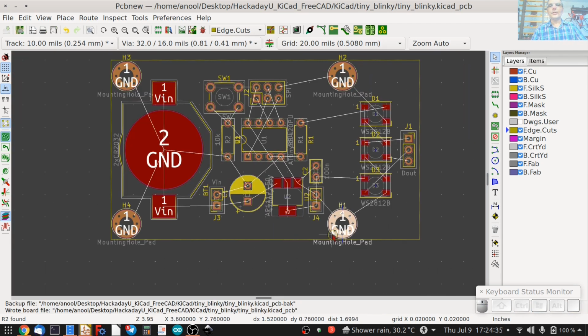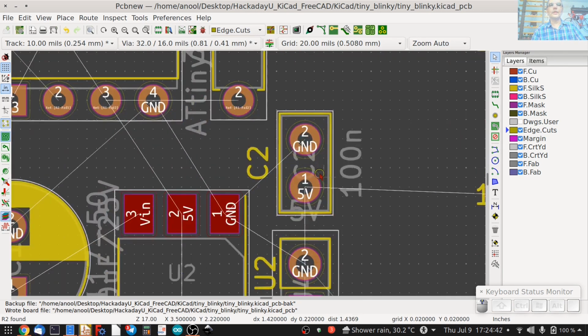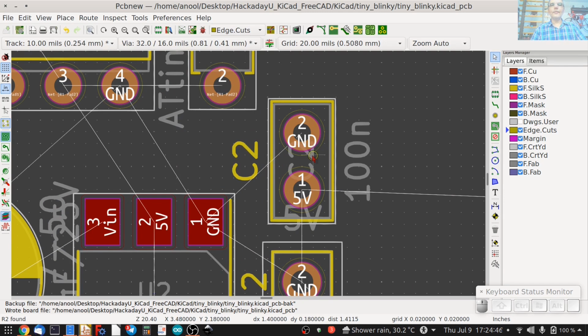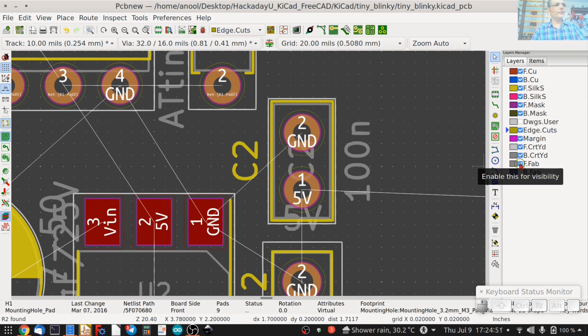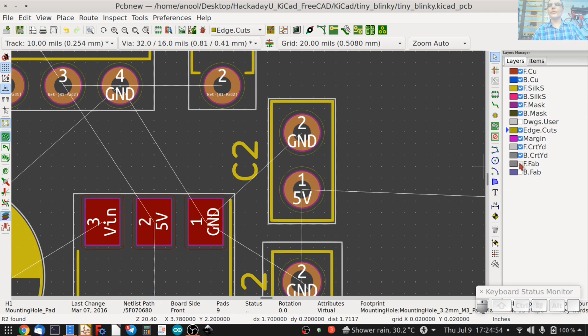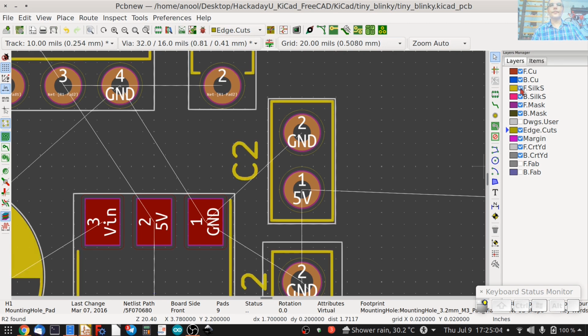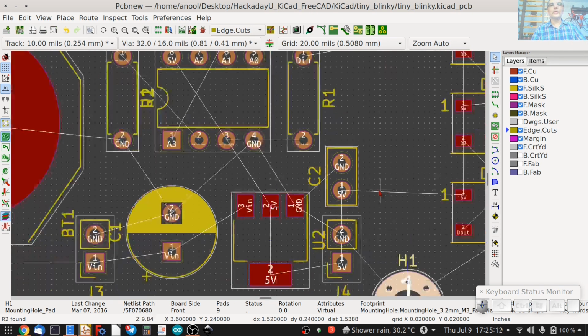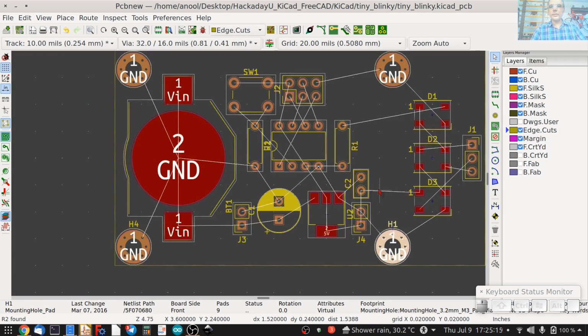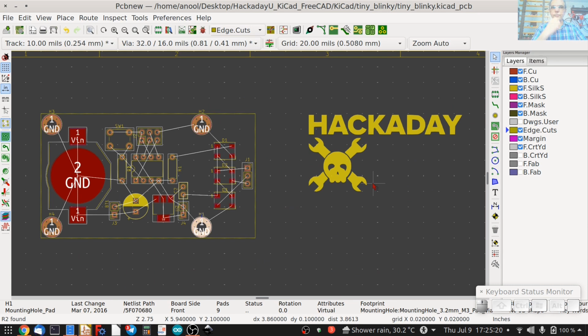You'll notice with the parts that are placed, for example, let me choose one, the capacitor. There are some items that are on the fabricate layer. If you hide the F fab, the front fab like so, you'll notice those elements disappear. And if you choose the front silk, there are other items that disappear. And then finally, there's the courtyard, which is over here. Courtyard is useful to ensure that you don't have parts that overlap each other. And KiCad will warn you if you have design with overlapping courtyards.